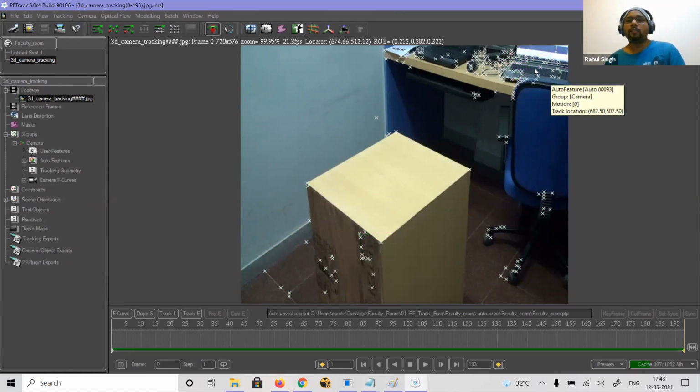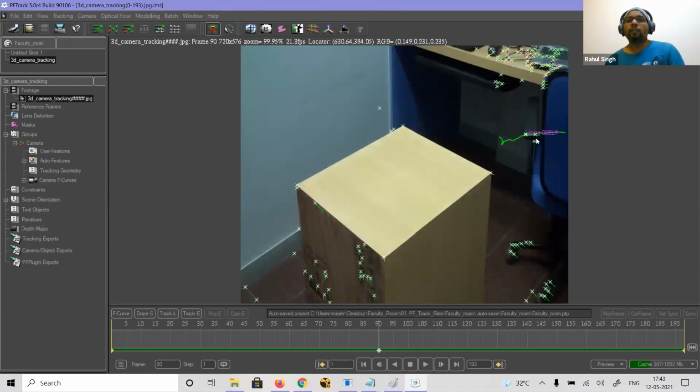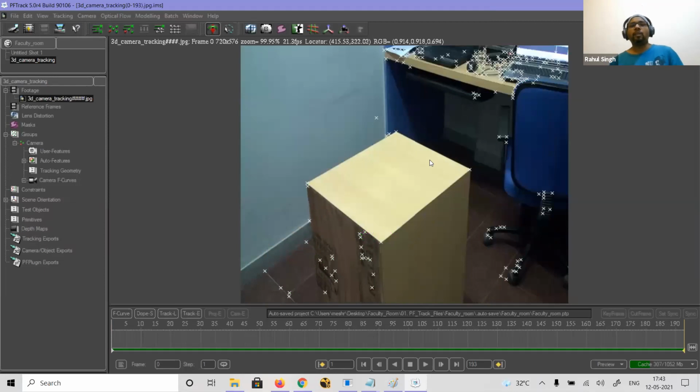So I can easily hover on any of the frames. I can go in between. I can hover, so it will keep on changing, right? Some will be static, some will change. One new frame, a new track point will be getting added. So anything can happen in any of the frames. Clear? Okay. Now the next point is I have to do the manual tracking.